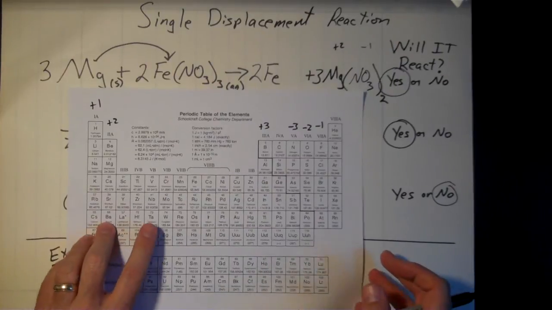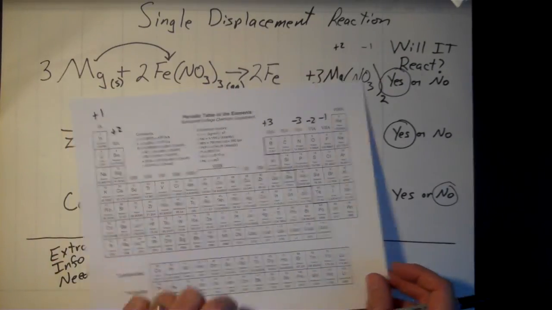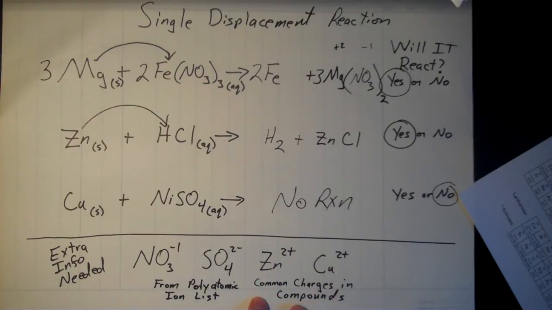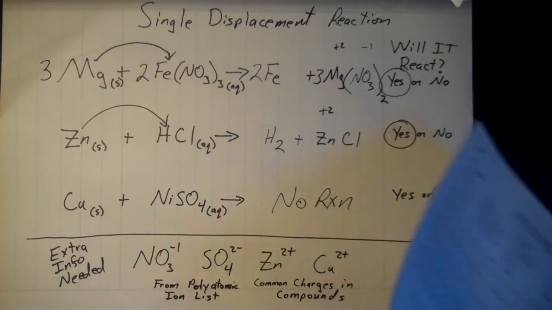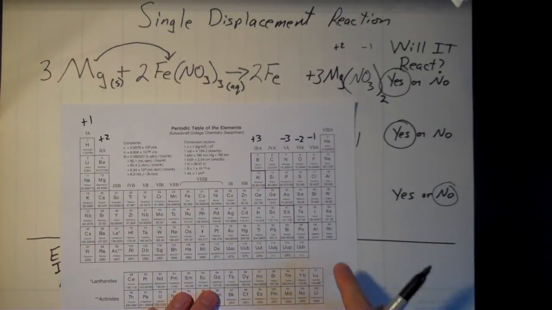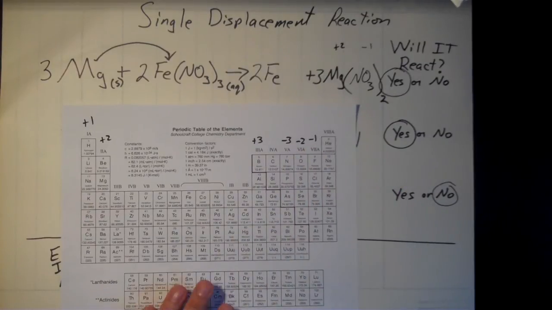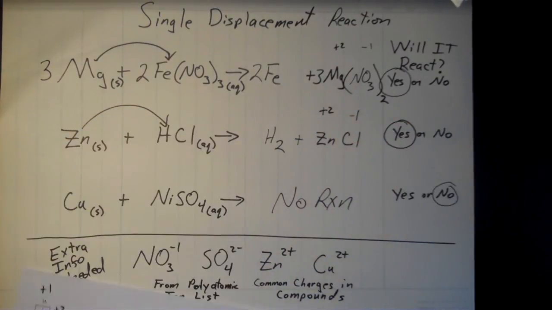but when you're first starting out, sometimes your instructor will just give you that information like I did down at the bottom here. I said zinc is a +2, that's the common charge in a compound, all right? Doesn't always have to have those charges for the transition elements, but oftentimes you'll be told what those common charges are. So I'm just going to write that +2 up above it there. And then chlorine, that one we can figure out from its location in the periodic table. It's in that second to last column. There's chlorine right there, and they always have a -1 charge.